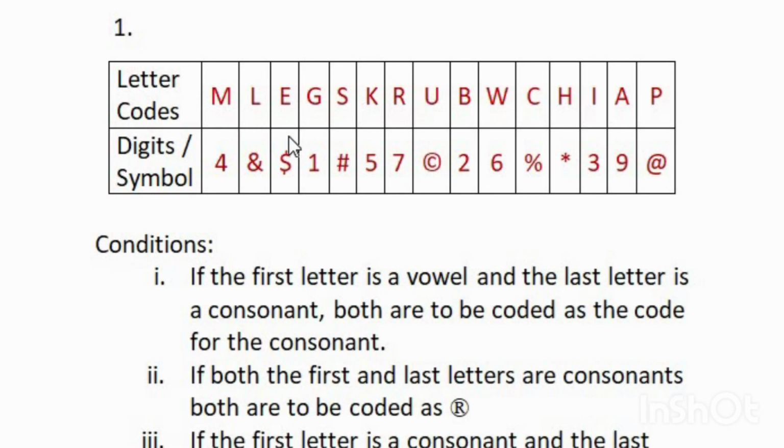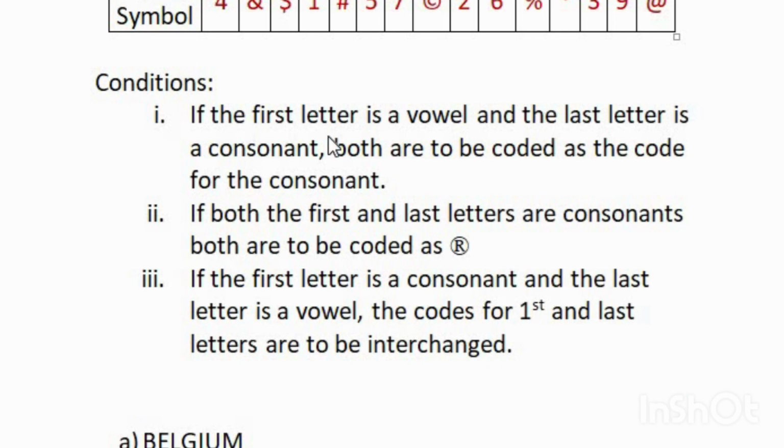Going to the workout questions. First one, the letter codes and digits or symbol are given in the table. Letter codes are M, L, E, G, S, K, R, U, B, W, C, H, I, A, P, and the digits or symbol are 4 and $1, hash, 5, 7, copyright, 2, 6, %, star, 3, 9, and @ and the conditions are: first one, if the first letter is a vowel and the last letter is a consonant, both are to be coded as the code for the consonant. Second condition, if both the first and the last letters are consonants, both are to be coded as this one, @